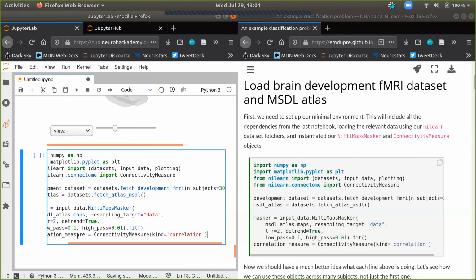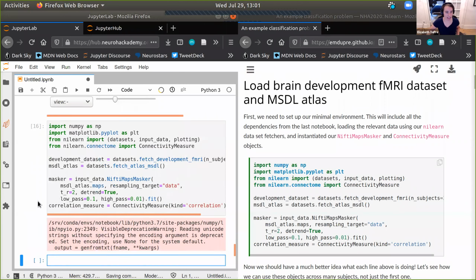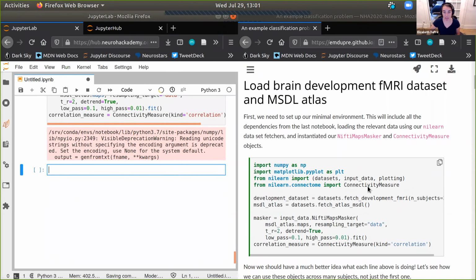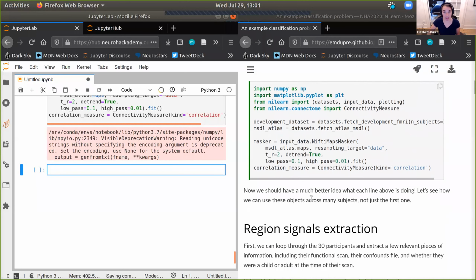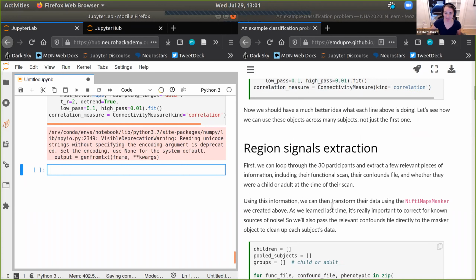Just to start off, we're going to set our connectivity measure as correlation, because this is perhaps the most common and the one that most people will be familiar with. If you execute that, it should be fine. It's really everything we did before, but now condensed from a big block into one place.